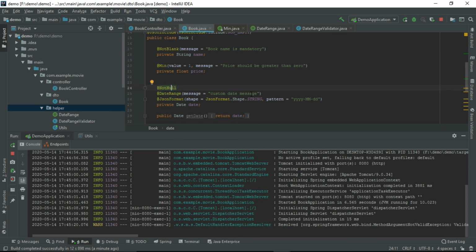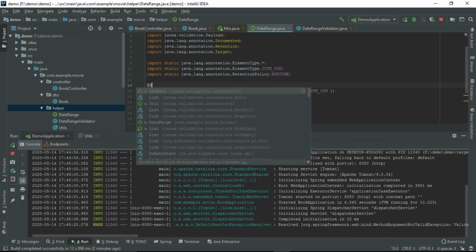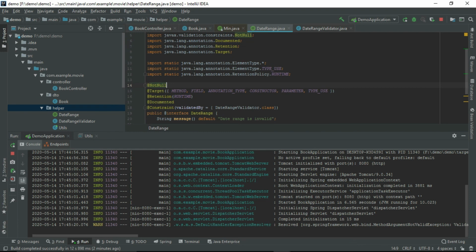Instead of that, you can just include NotNull in our custom annotation as well. So in this case, if I include only DateRange, it will automatically include NotNull as well as the date range validation. This is a small example for the annotation.